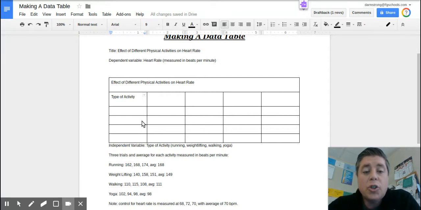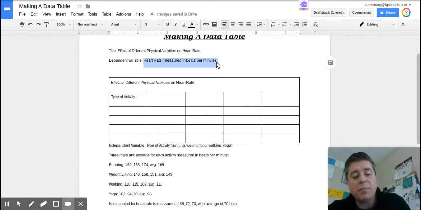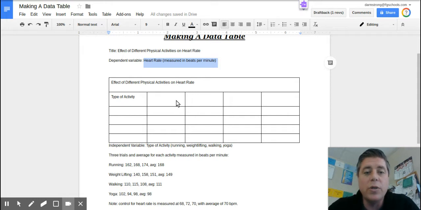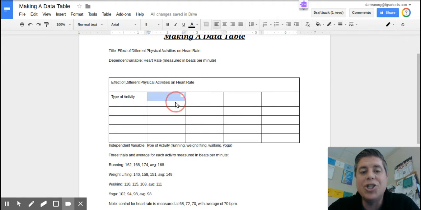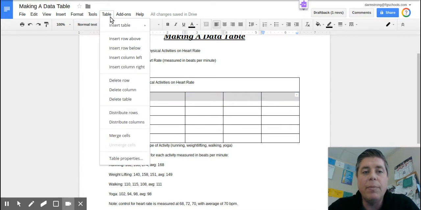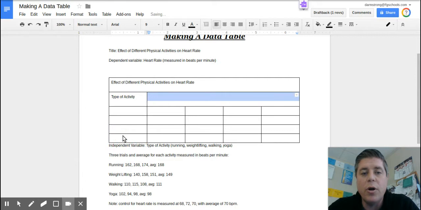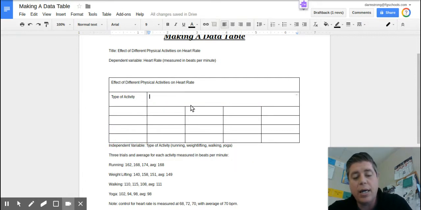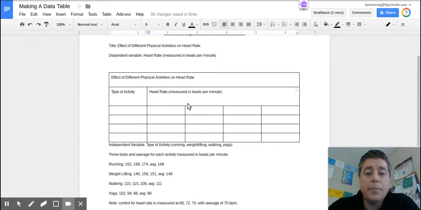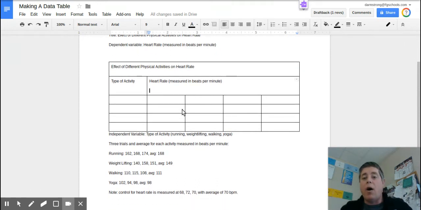Okay, so now I need to plug in my dependent variable, which is heart rate, and you'll notice it says measured in beats per minute. That's my unit of measurement there, so I have to include that. But before I do that, just like I did with my title, I need to merge just these four cells, okay? Because my independent variable has its own column. So again, I go to table, about the bottom third, I find merge cells, and now I can plug in my heart rate,